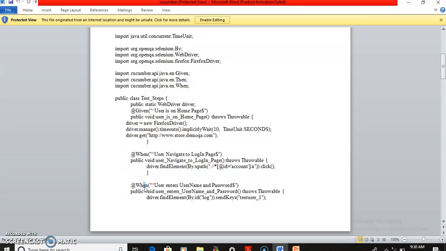Then after that, run the Cucumber test. Now we run our first Cucumber test. Right-click on the test runner class and click Run As JUnit Test, and Cucumber will run the script the same way it runs in Selenium WebDriver, and the result will be shown in the left-hand